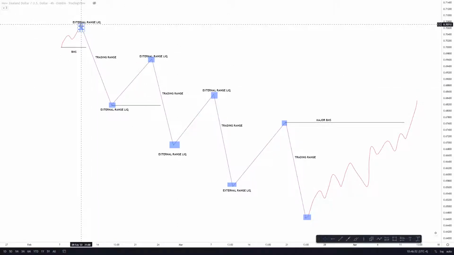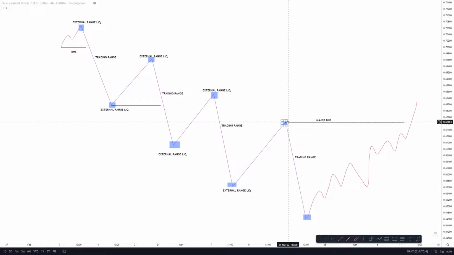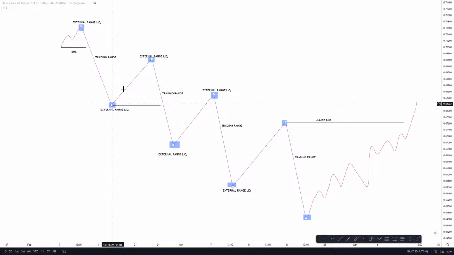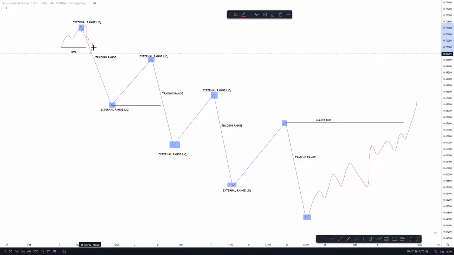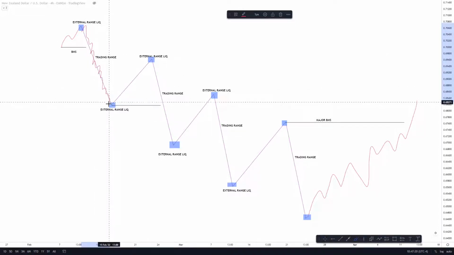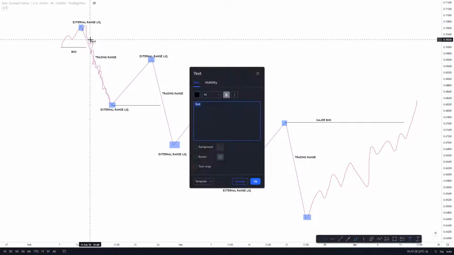So this will be our trading range, the range which is responsible for the BMS. This trading range, from here to here, and this is the last high and the last low. I call that the external range liquidity, the last high and the last low. And the small move which happened around our trading range,